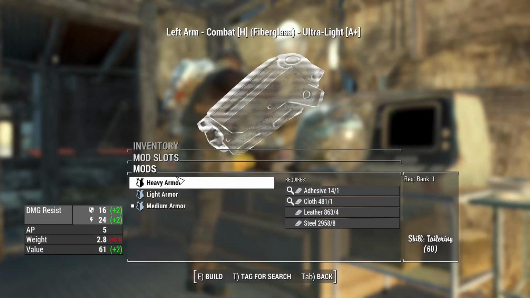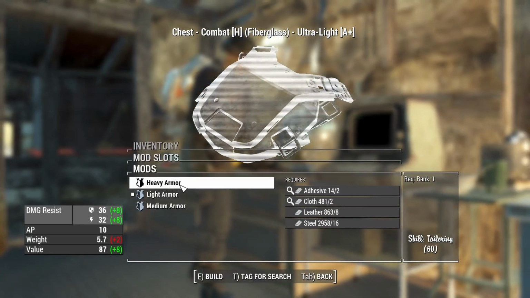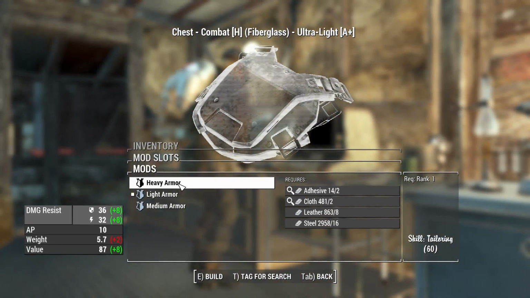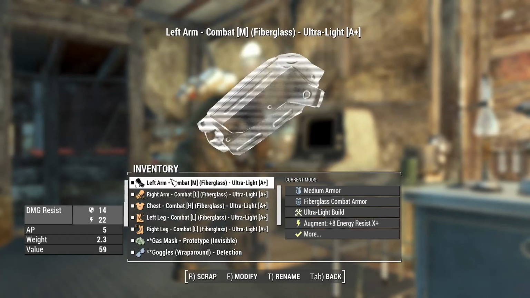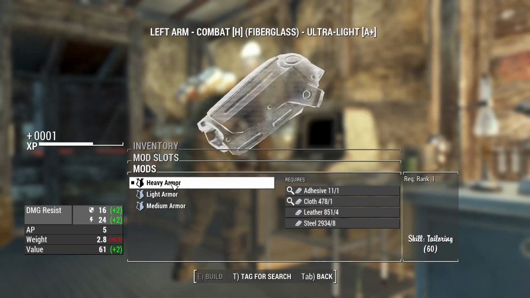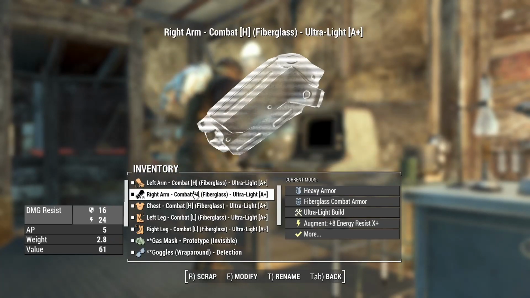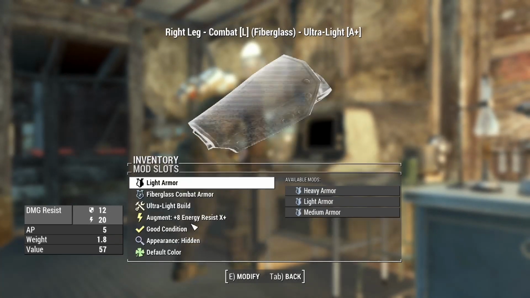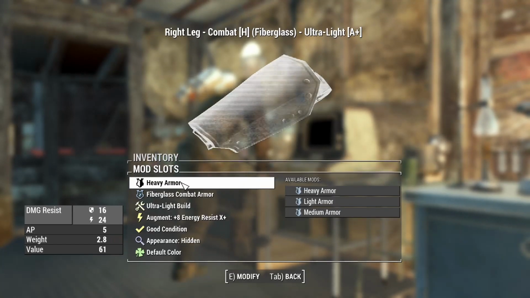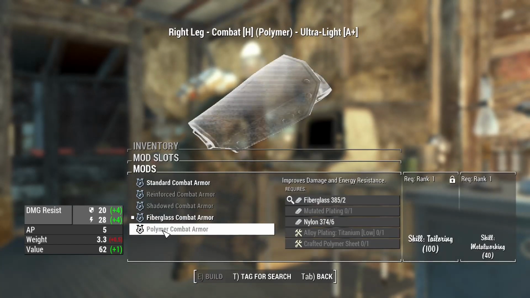What about the chest piece? What does that go to if I went straight to heavy? 5.7, which is not bad, but it does add a lot. Yeah, let's go heavy. So I've wasted one. Light armor, heavy. Because I have to say, if I had managed to find some heavy armor, I would certainly be wearing it, that's for sure. Now, upgrade-wise, the fiberglass, the polymer one, which is the best I can get to, requires